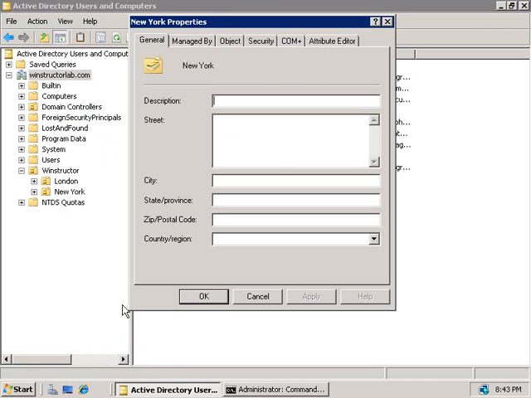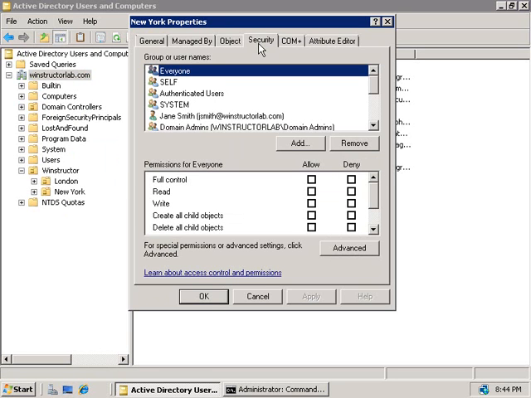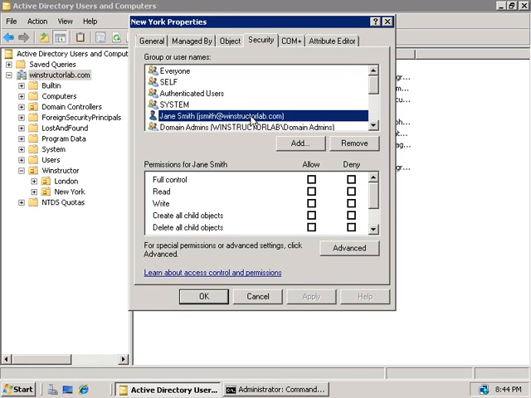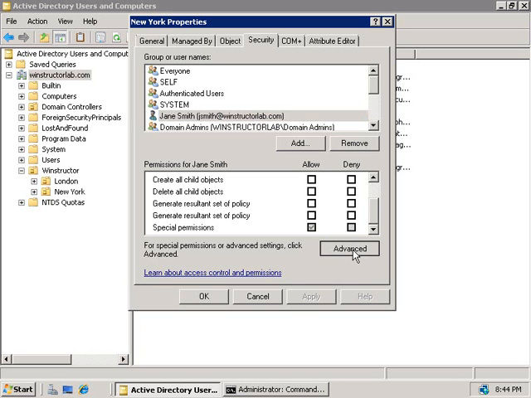We'll come up here to the View menu, and we'll select to show the advanced features. Now we'll expand our Winstructor OU again, and we'll right-click on New York and select Properties. And now you can see we do have a security tab. And in here is our standard access control list we've all seen before, and there's Jane Smith, so we'll select her account, and in the permissions window below, let's take a look at what she has to our New York OU. Alright, well, she doesn't have full control, she can't read or write objects, or create objects or delete them,